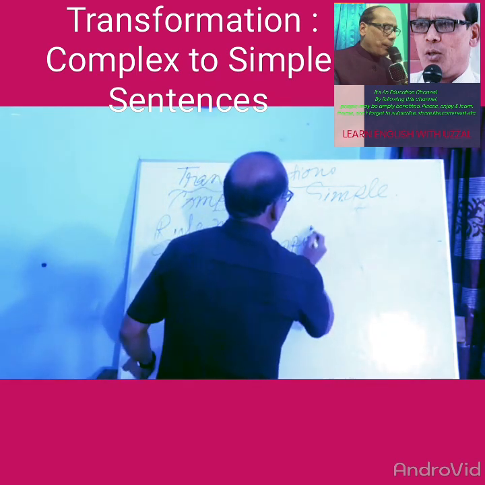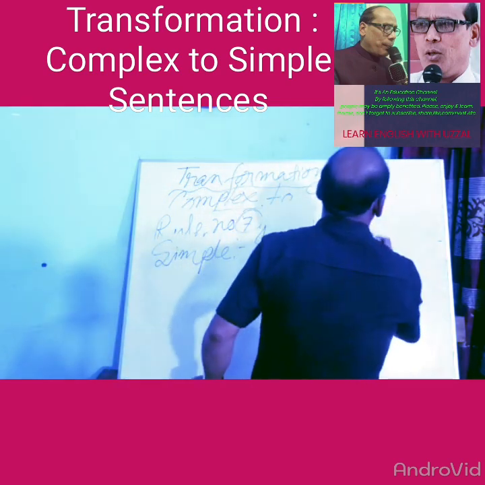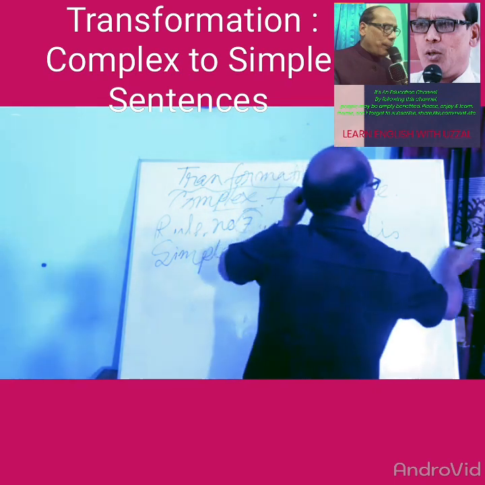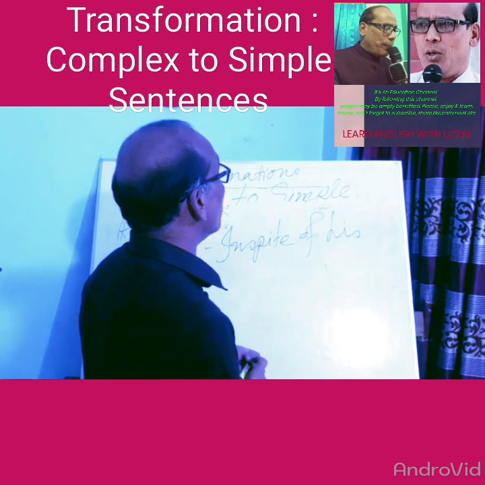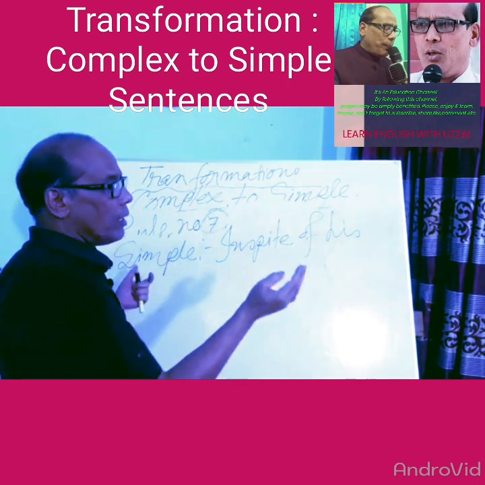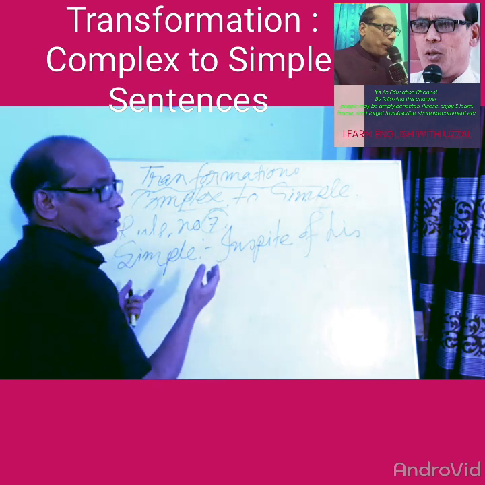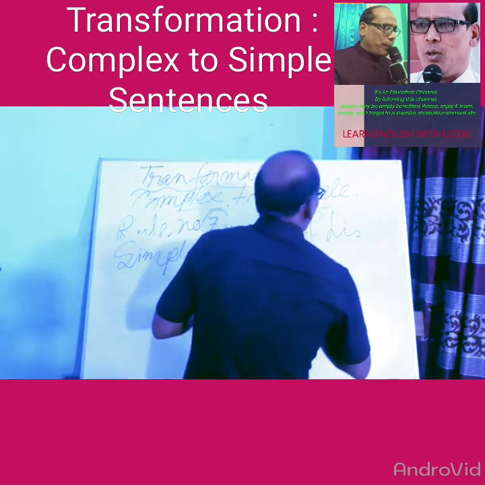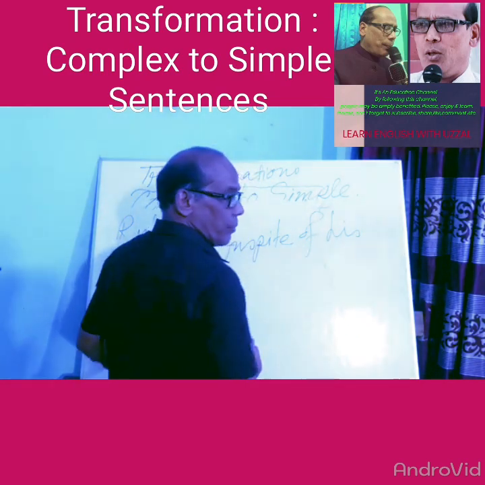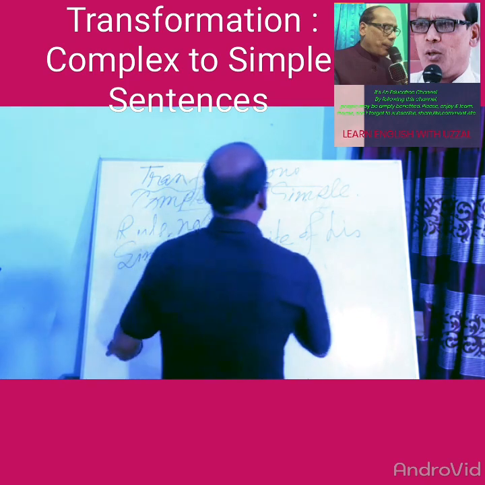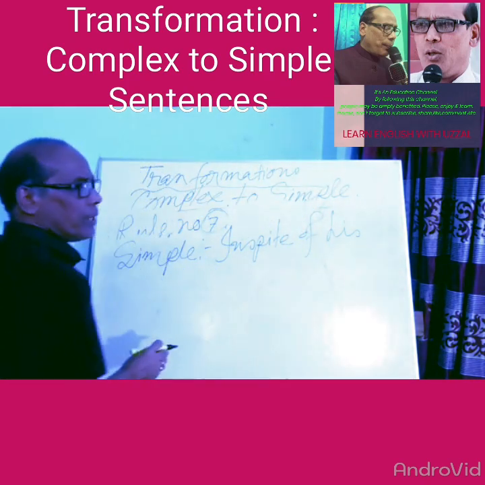In spite of his. His is the possessive form of he: he, him, his. He is the nominative form, him is the objective form, and his is the possessive form here. After "in spite of", not he, not him, but the possessive will have to be used, of the subject. So, in spite of his, and after that, in spite of his